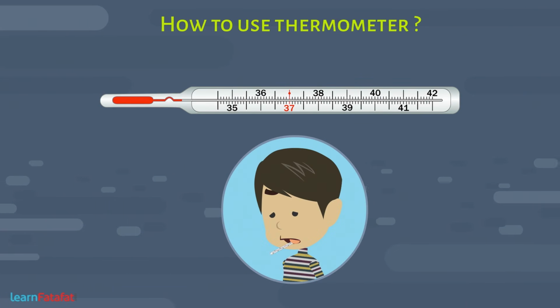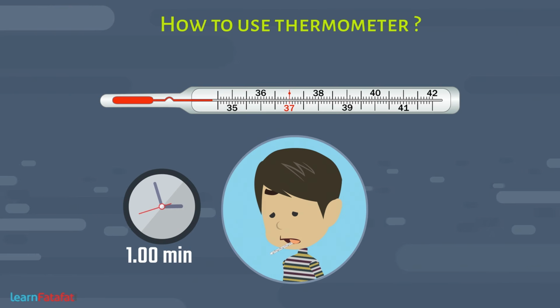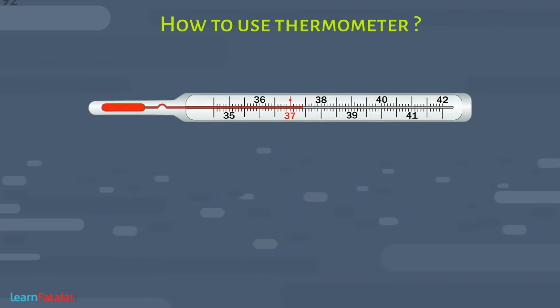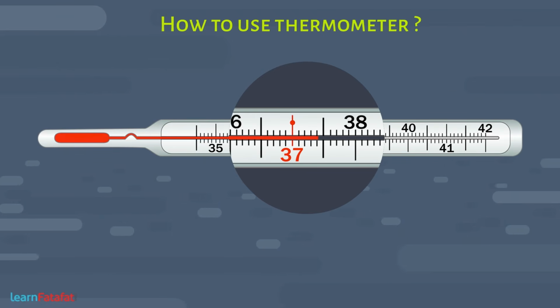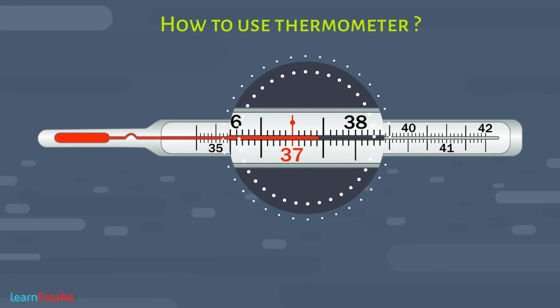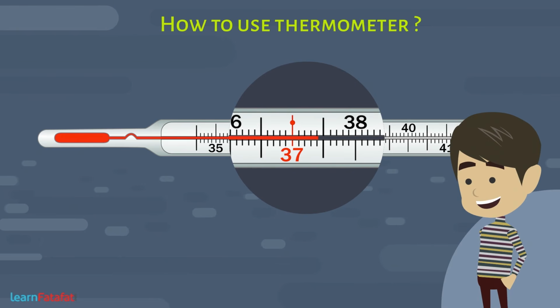Now, place the bulb of thermometer under your tongue. Keep it as it is for 1 minute and let the mercury expand in the tube. Now, take the thermometer out and find out the reading shown by the mercury. Just now you have identified your body temperature. Here is a sample value which is showing 37 degrees Celsius and 0.4 degrees Celsius, that is 37.4 degrees Celsius.